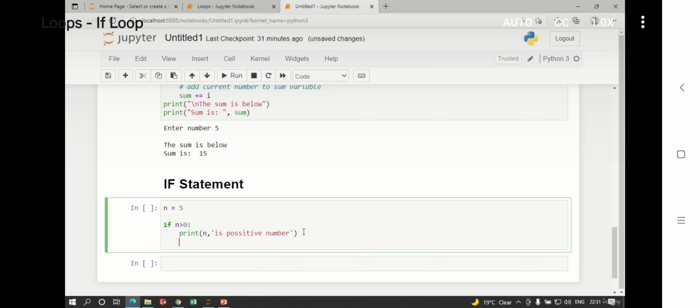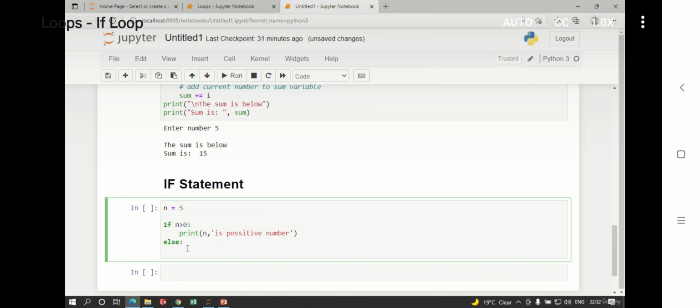And next, let's say it is less than 0, else. If it is not greater than 0, it will give me negative number.